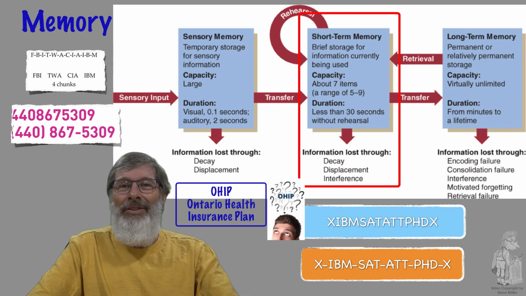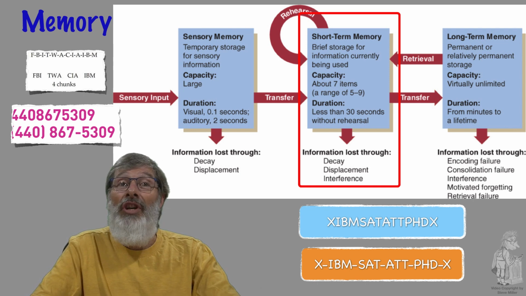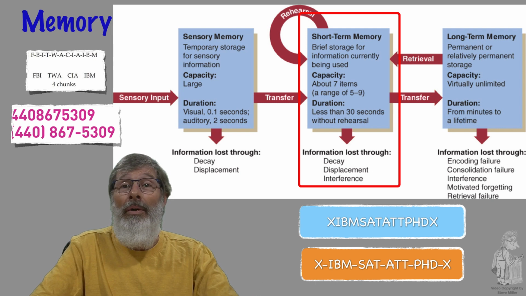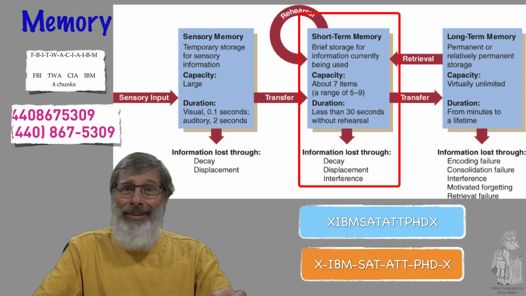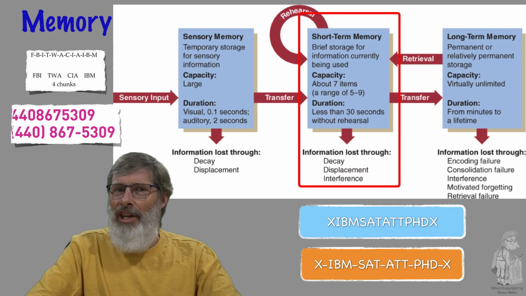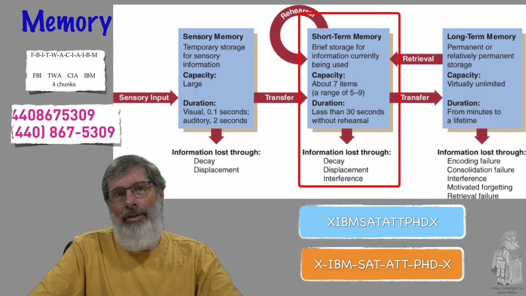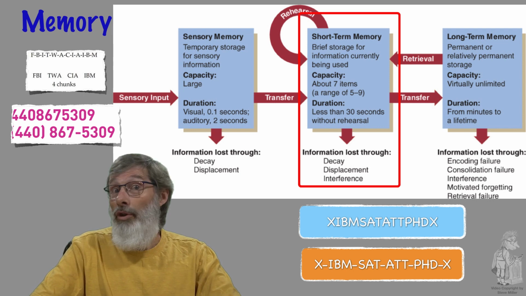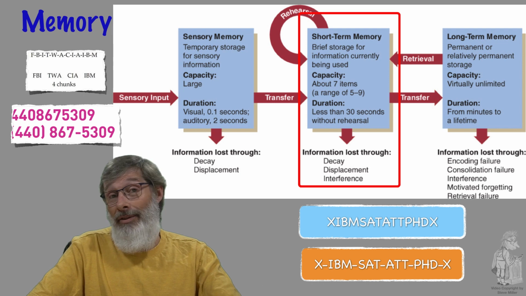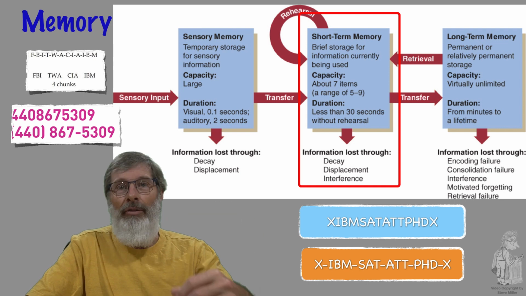Your driver's license number, you might chunk that into 3 chunks in order to remember it. Researcher Miller found that we can comfortably store 7 chunks, plus or minus 1 or 2. This is a magic number of the amount of information that typically a person can remember. We can increase the amount of information by combining it into meaningful bits or chunks. That's part of how you would do your studying: break things into smaller bits and then start to build these chunks, and you can remember that a lot better and store it into long-term memory.